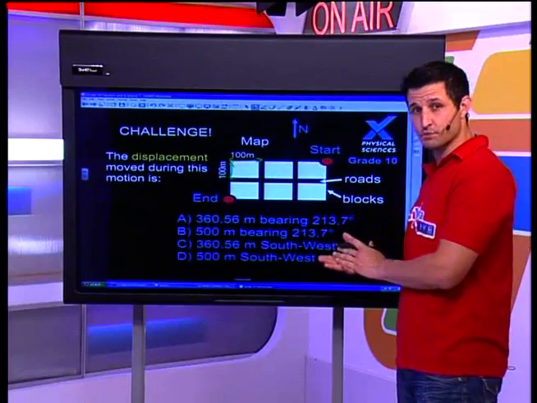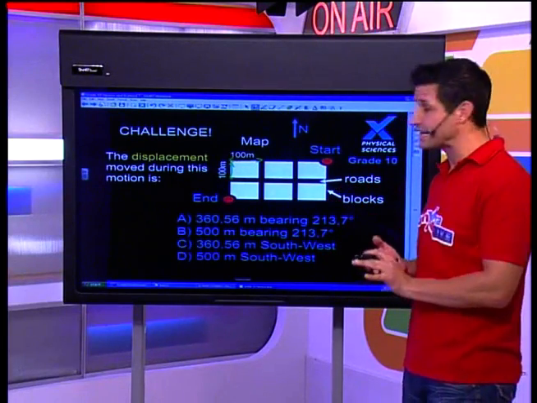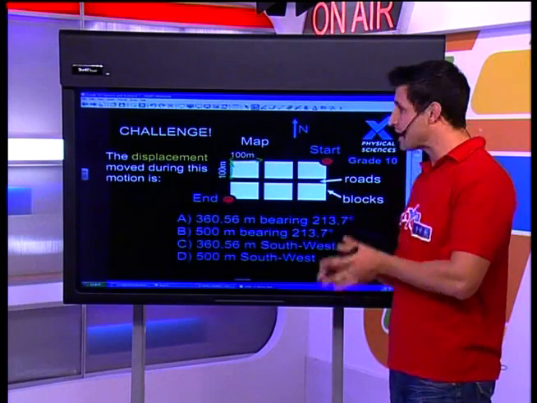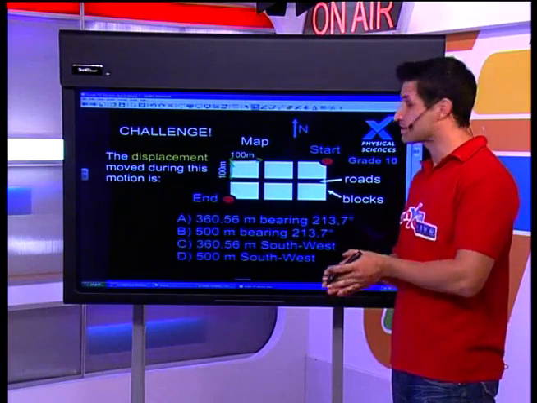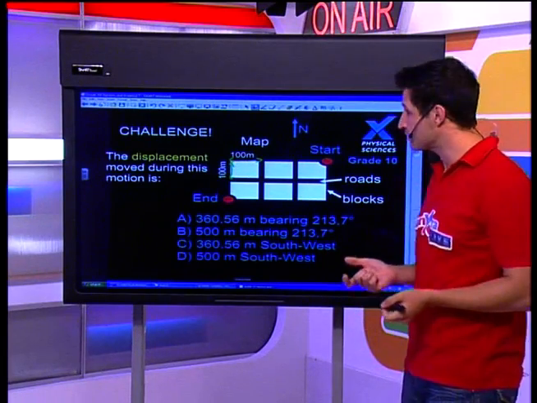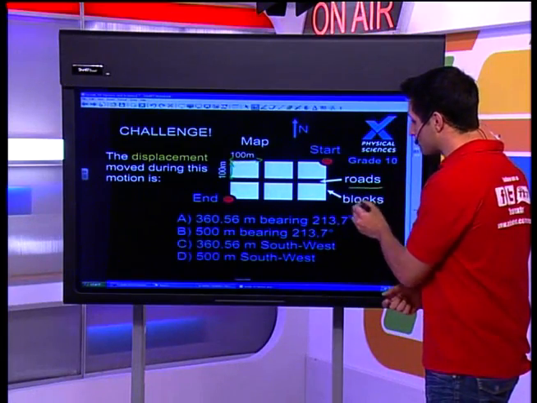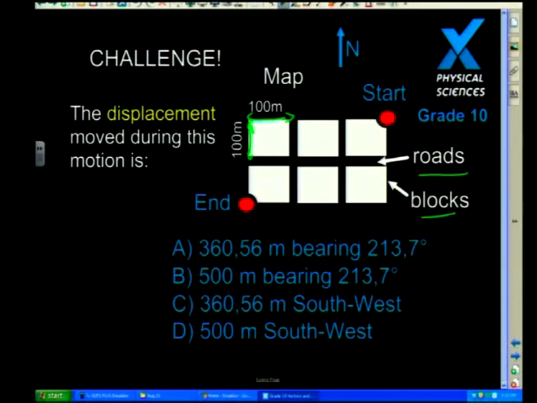I've given you a starting point and an end point. Now, you've got to navigate from the start to the end and find me the amount of displacement which has happened during this. I've also given you some other important bits of information, is that there are roads and there are blocks, and you may only travel on the roads. Other important information to note is that I've got a north reference. I'm told that this is a map, and usually maps, you get a north reference on your map, and there it is. So now I've got to find some way to get from my start all the way through to my end.